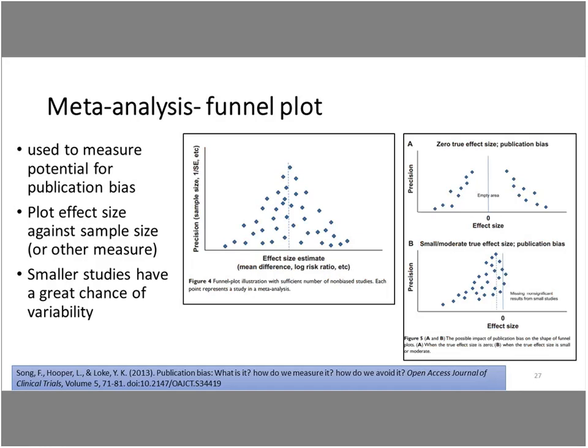And that's done with a funnel plot. Sometimes the forest plot and the funnel plot get kind of mixed up because they both start with F. So the funnel plot is just read graphically, and it's trying to figure out, do you have a potential of